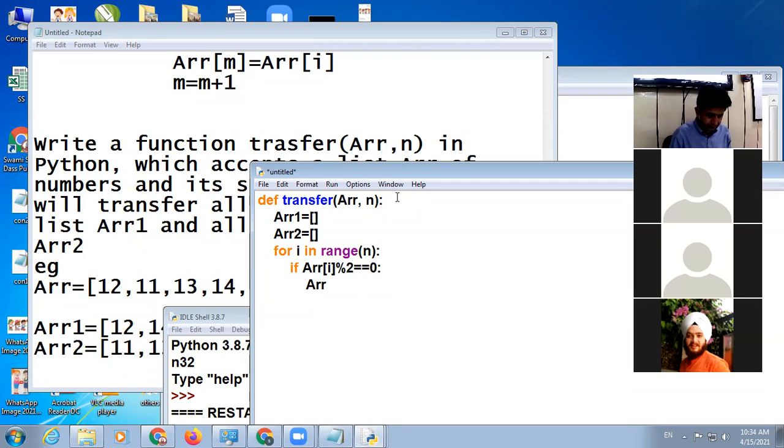ARR1 dot append, the value will be ARR i location.